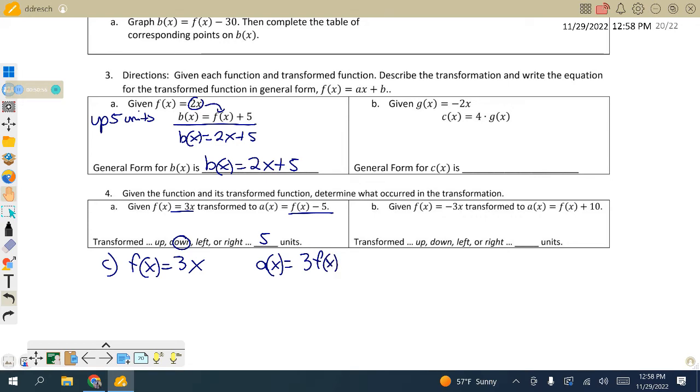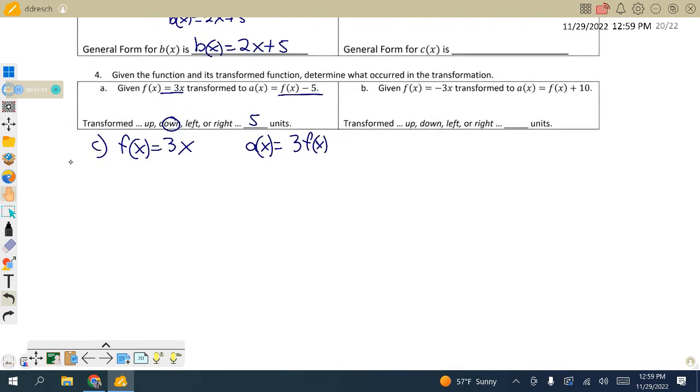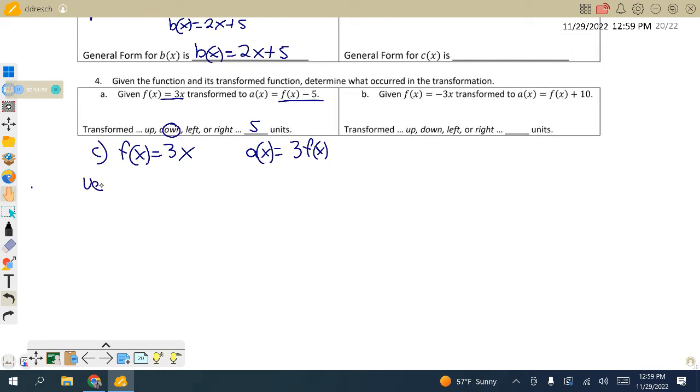Okay, what if I give you that one? What's that 3 up front telling you to do? Not going up. There you go. It's changing my slope, right? It's making it either more steep or less steep. So we say it's either going to be vertically stretched or vertically compressed. So that number of 3, I think of tripling it. I think of doubling, tripling it. I am stretching it out. So if I gave you one like that, we would say vertically,